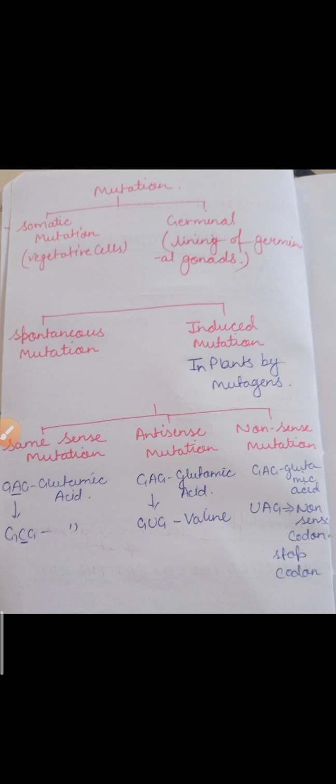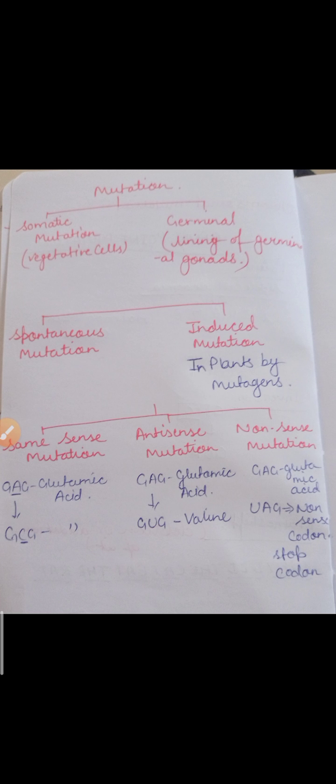कैंसर कभी भी इनहेरिट नहीं होता है पेरेंट्स से बच्चों में. क्लियर? बिकॉज अगर कैंसर म्यूटेशन की वजह से हुआ है, so that time this is known as the somatic type of mutation. And germinal mutation means this type of mutation can take place in germinal cells or lining of germinal gonads also. So gonads में जहाँ अगर mutation हो गया, definitely it gets to be inherited from one generation to next generation.